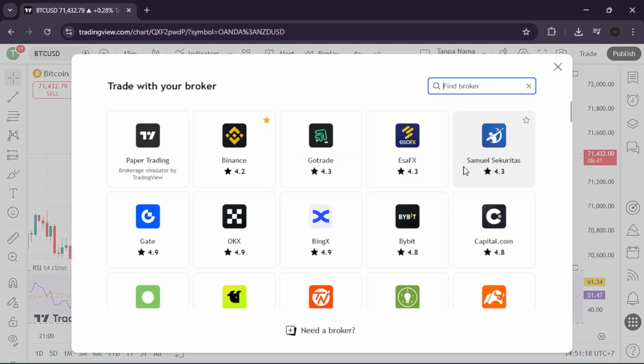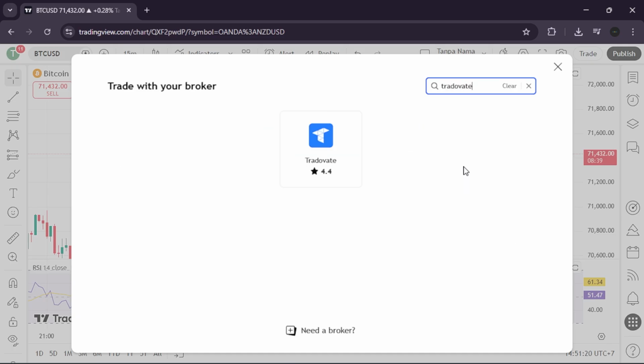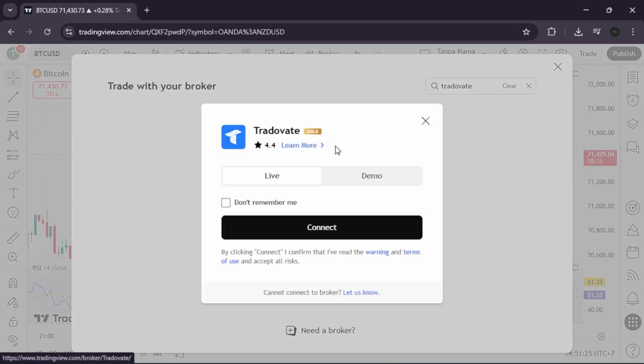Clear your search and type in Tradivate instead. When it appears, hover over the icon and click Connect. So why are we using Tradivate? Tradivate acts as the bridge or the engine for Topstep. Since Topstep uses Tradivate's technology to track your trades and risk, connecting your Tradivate credentials automatically pulls your Topstep funded